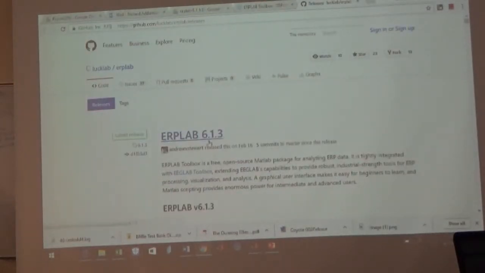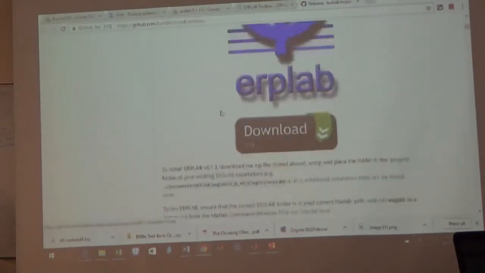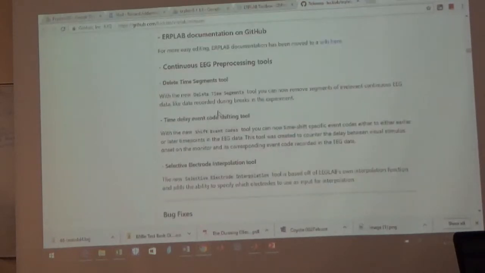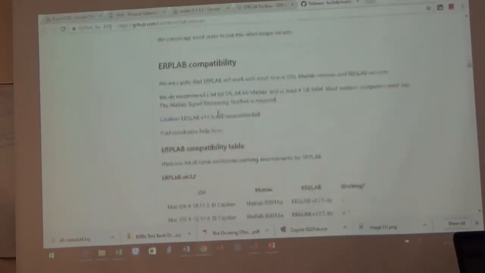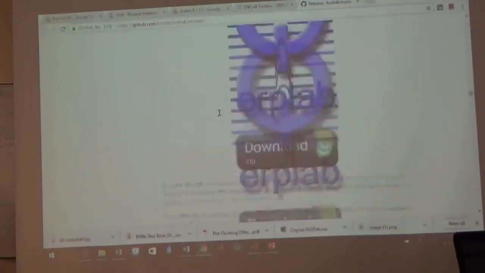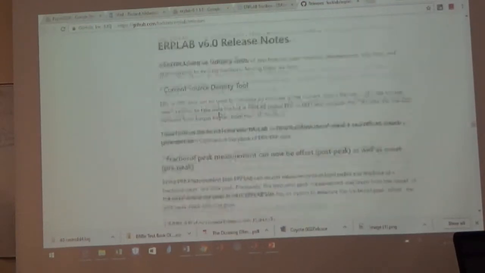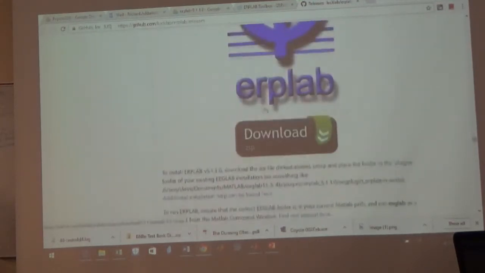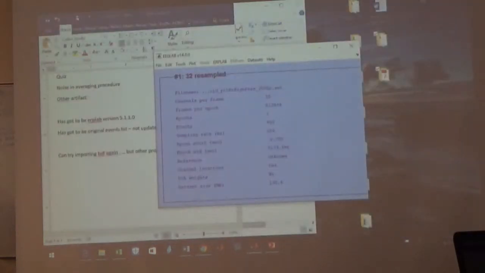And you are not going to download the newest version because it probably still has some bugs in it. We are going to scroll down even further, and we're going to find 5. Let's try this one here. That is 5.1.1.0. Okay. Grab that one, hit the download button. Okay. Now while that's happening,